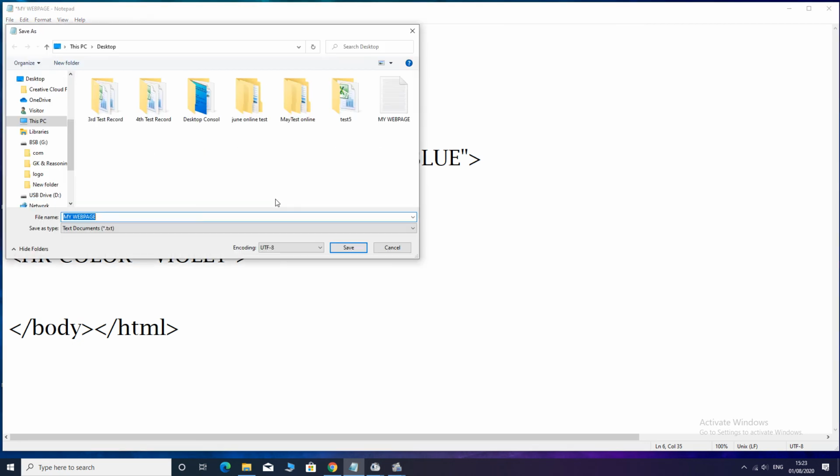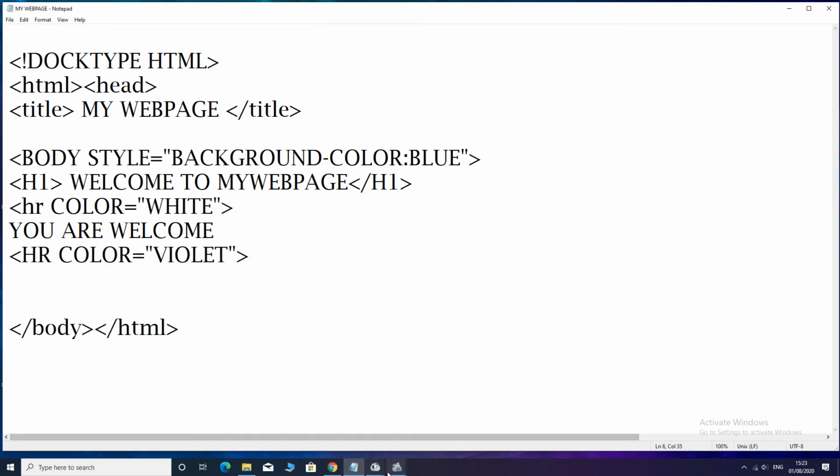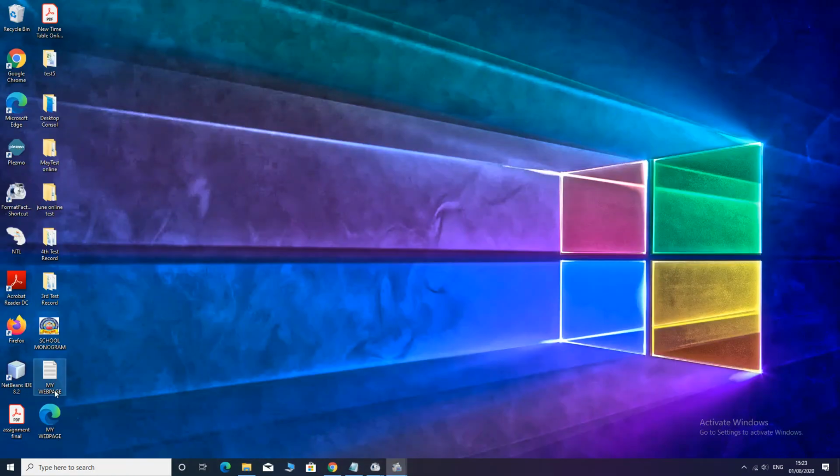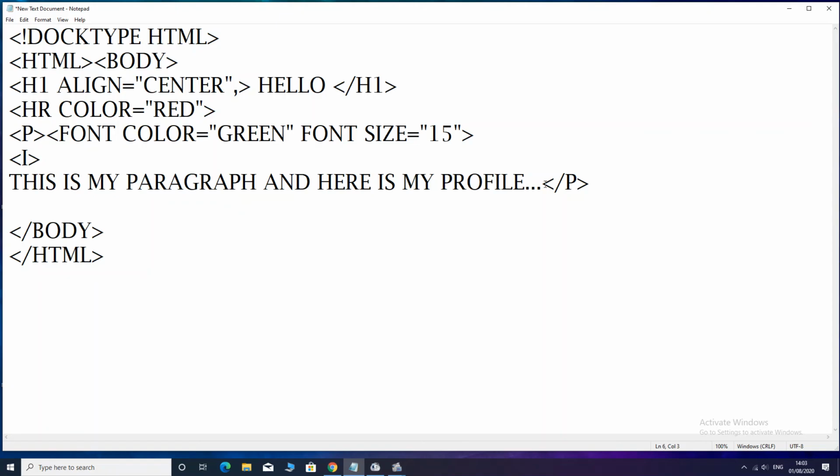Save as .html. Save. Yes. Minimize it. Check it. The web page color is now blue. Yes, you can change.